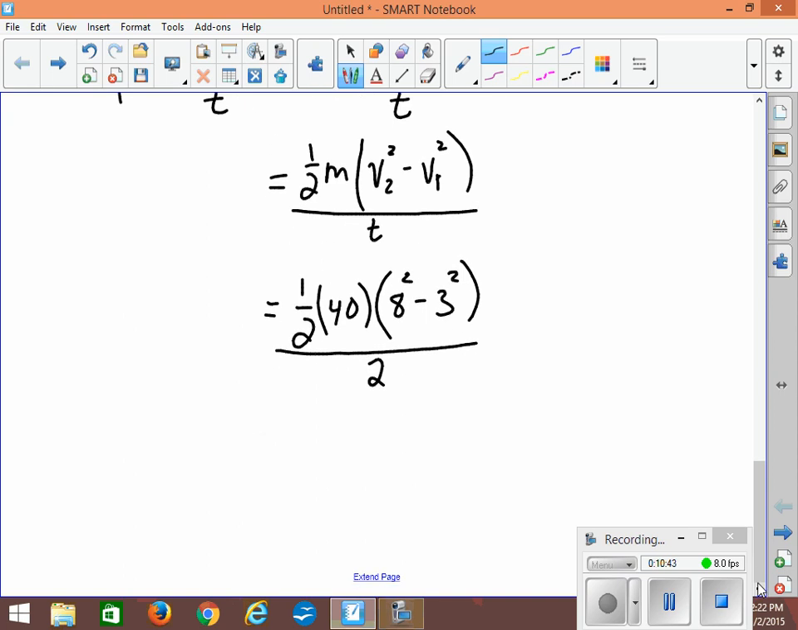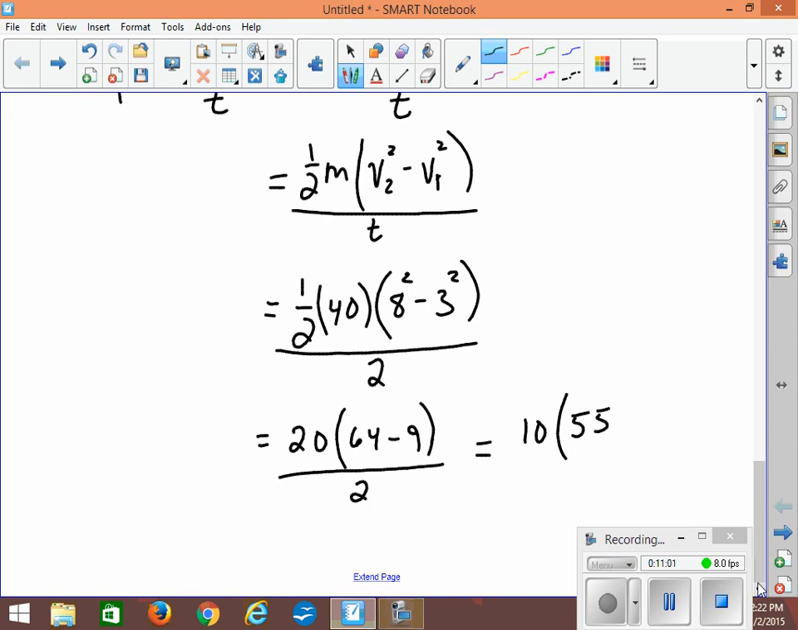So now we can figure it all out. It's 20 in here, and then we have 64, take away 9, divided by 2. So that's going to be equal to 10 times what's in the brackets, which is 55. So 550 watts of power